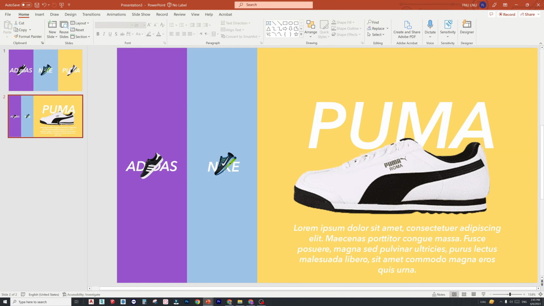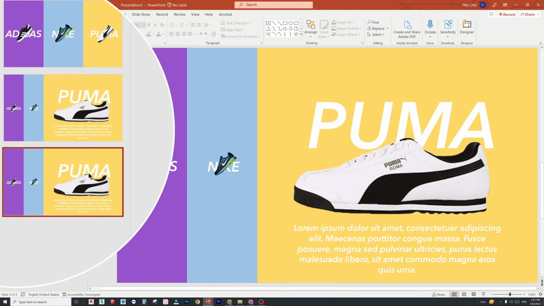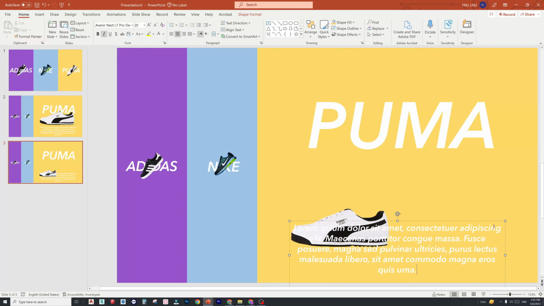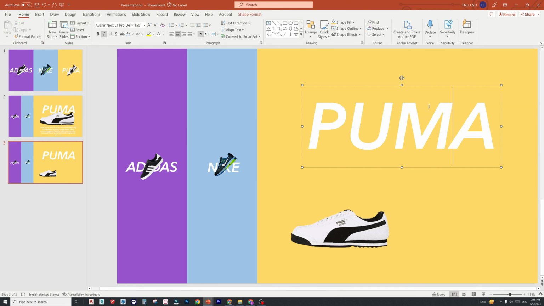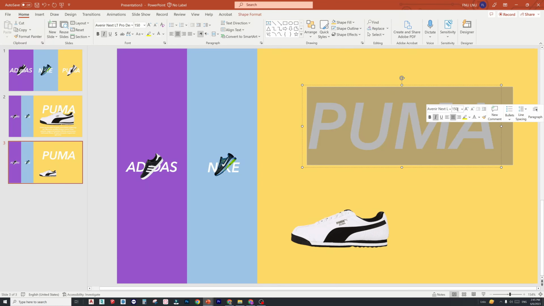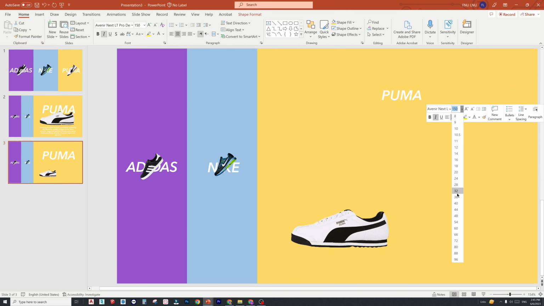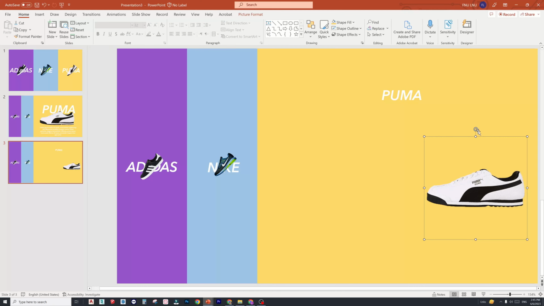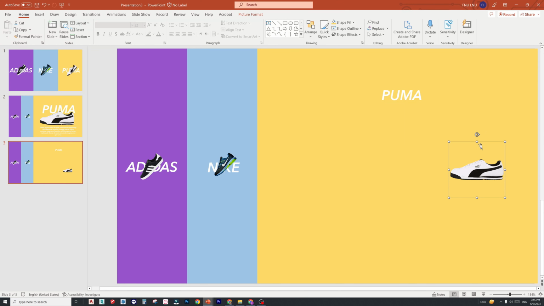Now again go to the second slide, Ctrl D, duplicate the slide. For this, decrease the size of the shoes, and decrease the size of this text to 32, same as this text. Now bring it here, reduce the size, rotate it,